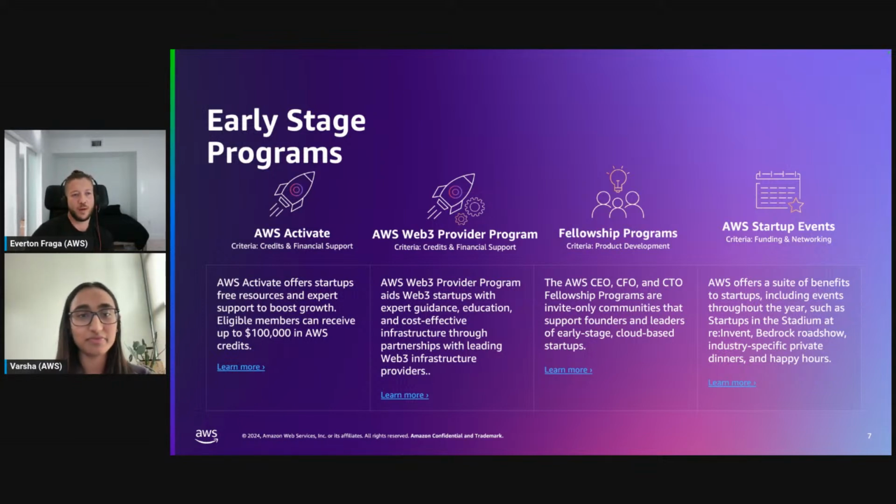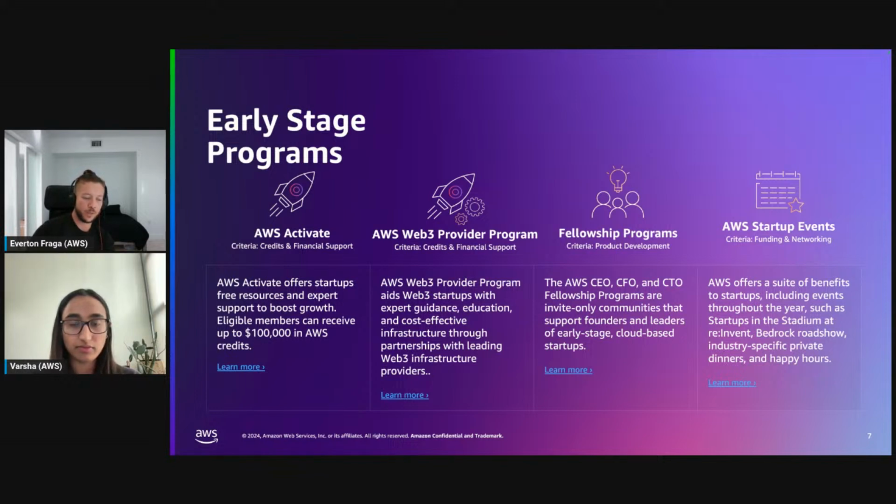All right, thank you. So first of all, the AWS Activate, that is what Barsha gave a good overview about. We have something even more specific, more catered to Web3 founders. So we partner with communities in the ecosystem led by heavyweight names in the industry, and we have this specific program called AWS Web3 Provider Program, right?